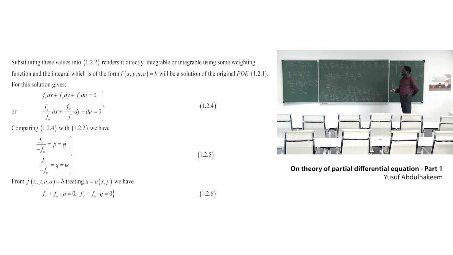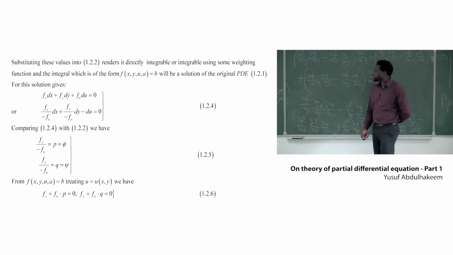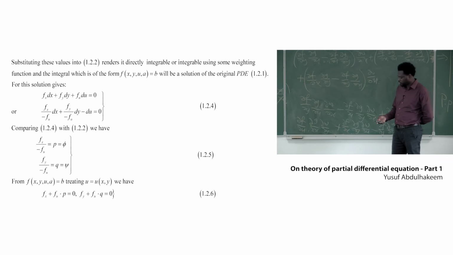So from f of x, y, u, a, treating u to be equal to u of x, y, of course, which is the unknown function, then we have these relations in 1.2.6, where fx plus fu dot p will be equal to 0 and fy plus fu dot q will be equal to 0. This is just what we show in here,